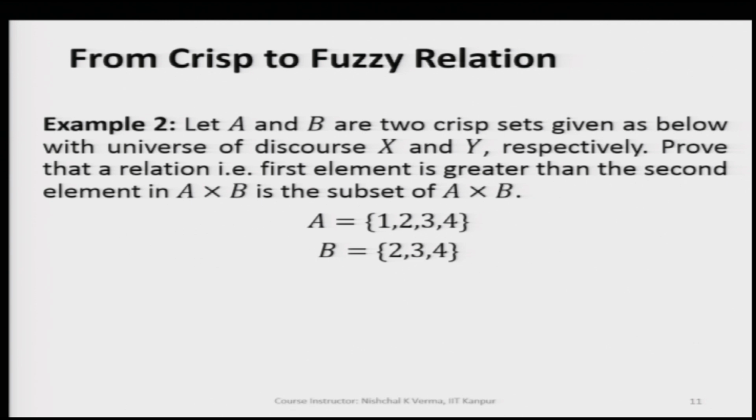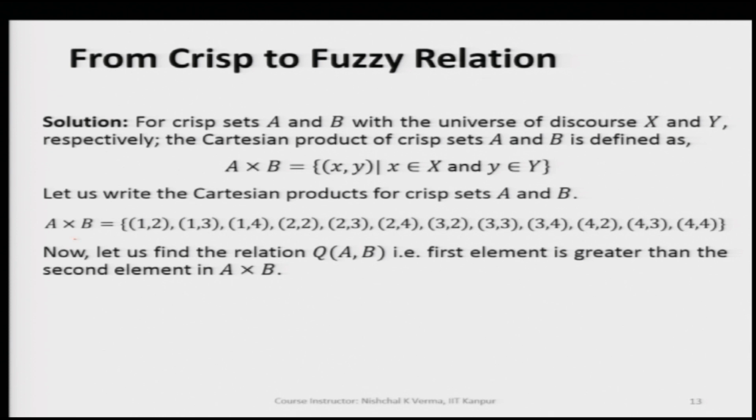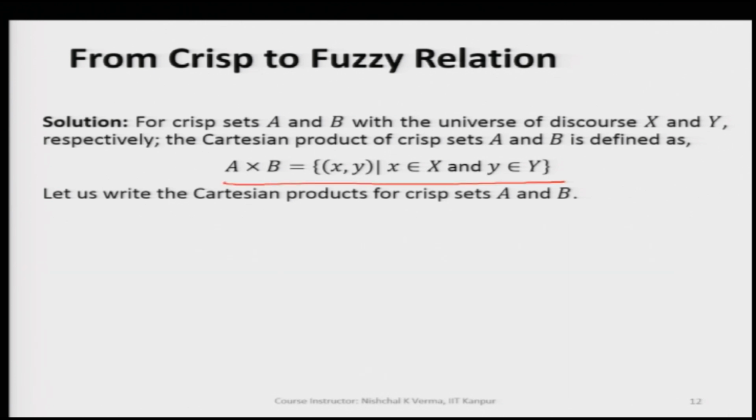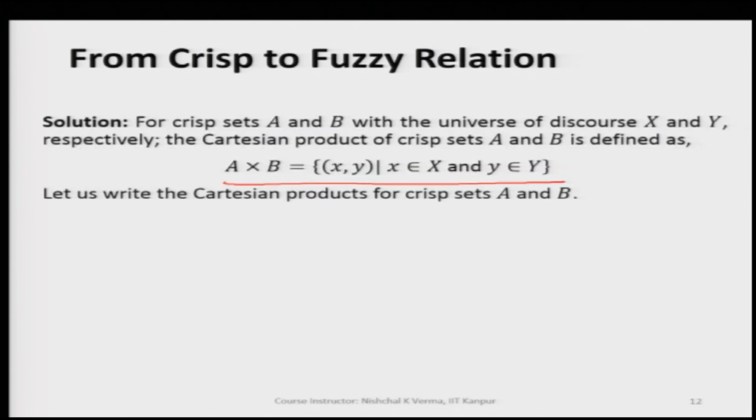So, let us take an example to understand the crisp relation. Here we are taking two crisp sets A and B, and let us first find the Cartesian product of these two sets. A cross B can be written as the collection of all the pairs of elements from A and B sets, and this way A cross B is going to be a set, the Cartesian product of A and B. Since we have 4 elements in A and 3 elements in B, we are going to get 12 pairs here